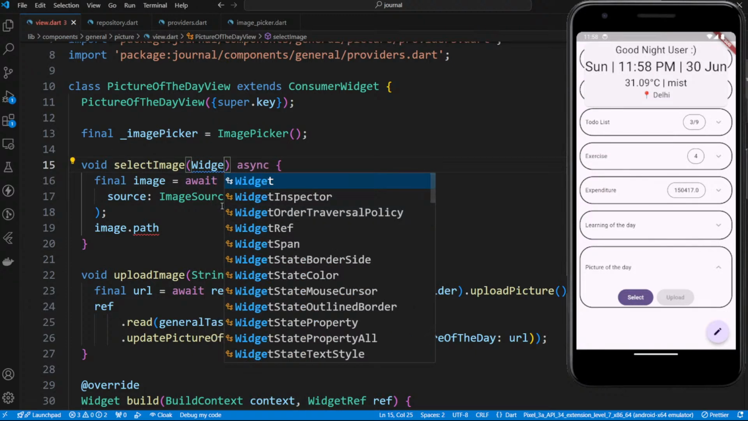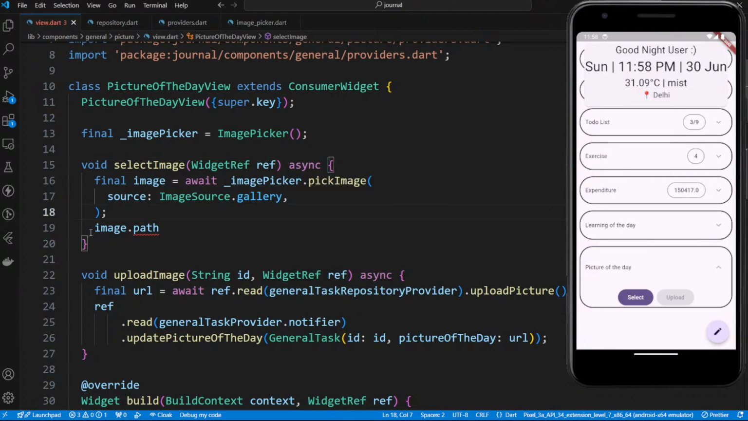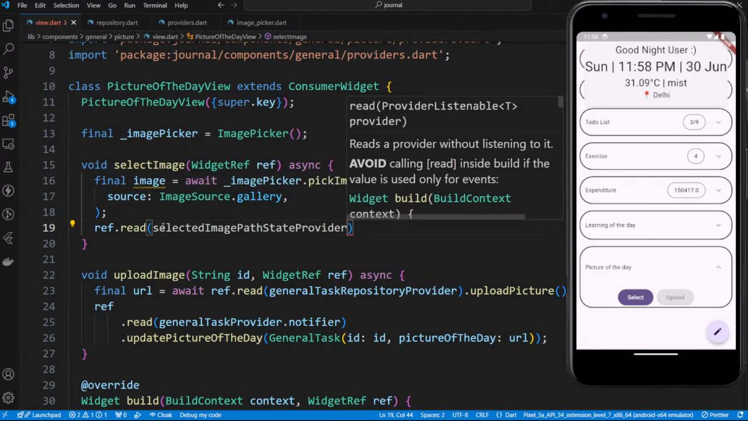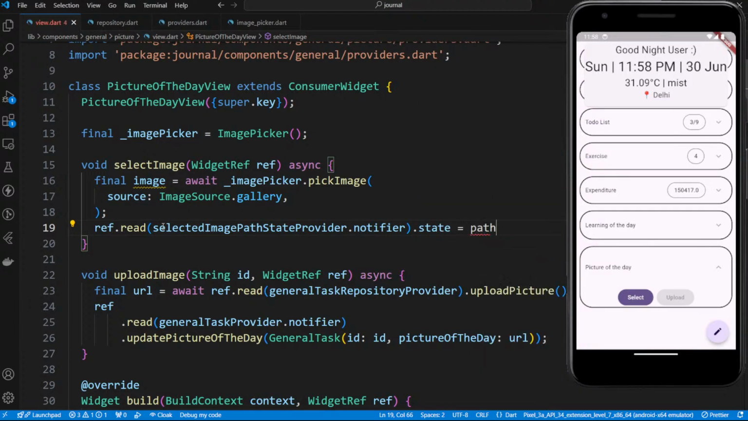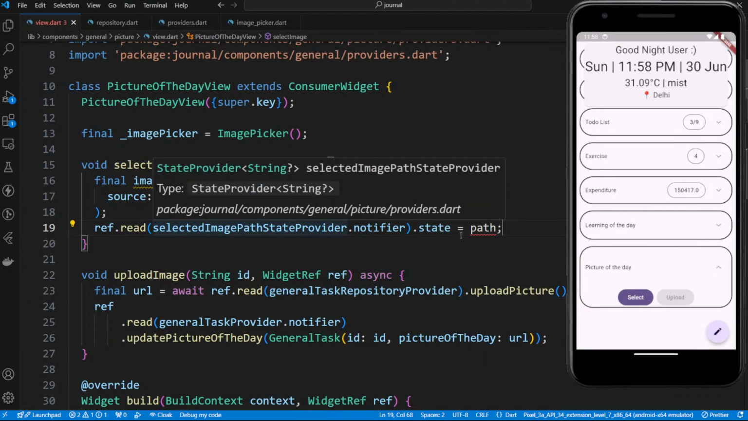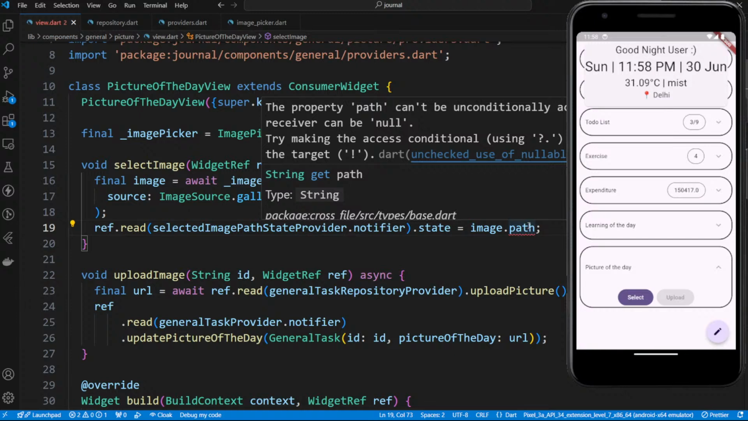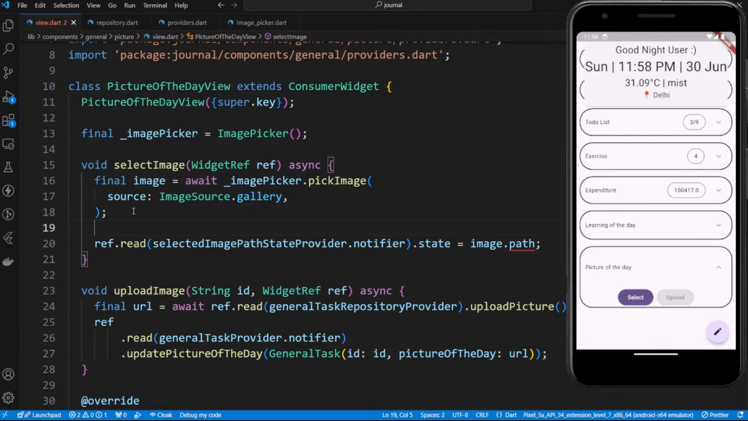Widget ref. So you get the image, and you can do ref.read of the picture notifier dot state equals to path or image. The property path can be null. Okay, so this can also be null, right? So when they cancel, we can do something if